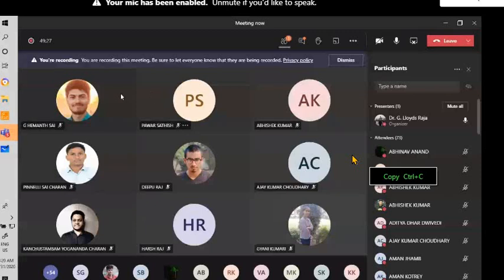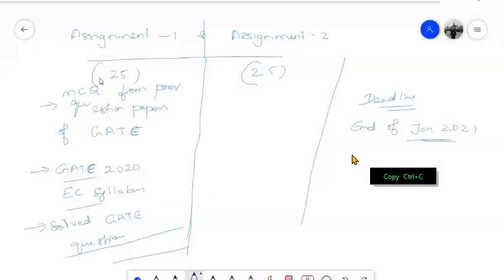Hello, sir. What is assignment 2? So this will be assignment 1 and assignment 2. 25 questions here and 25 questions here, mostly related to the topics in your curriculum. So 25 plus 25, 50 questions you will have to select from the previous year question papers. You are free to select any question that has been asked previously, and you can solve it.